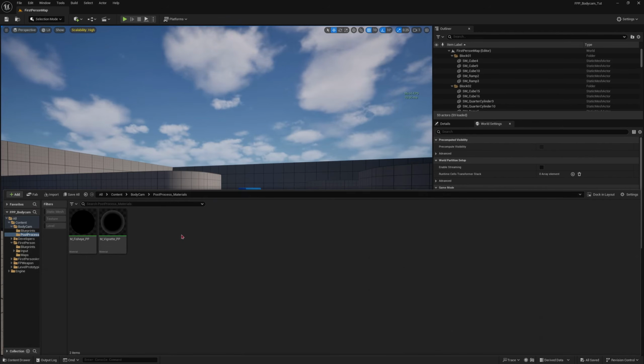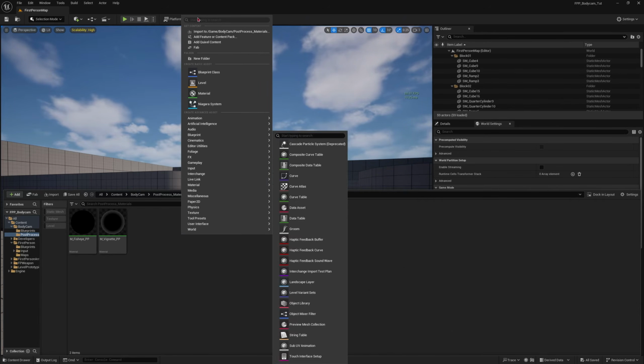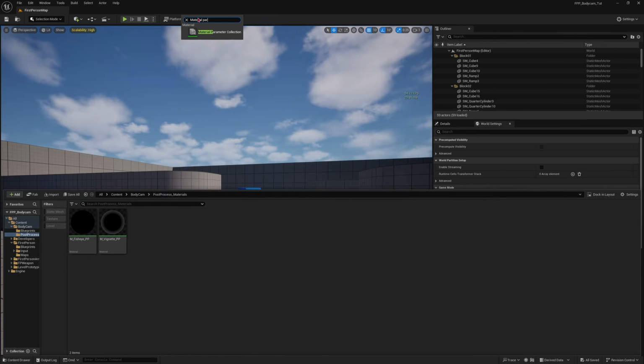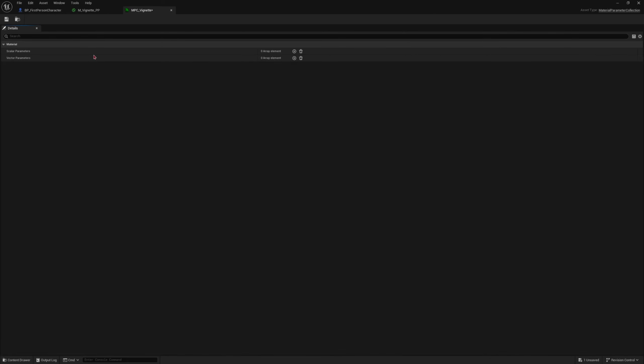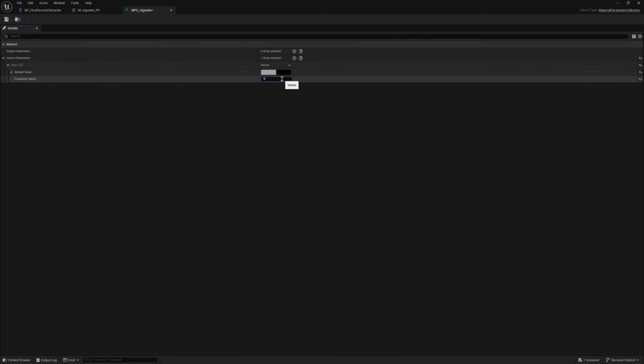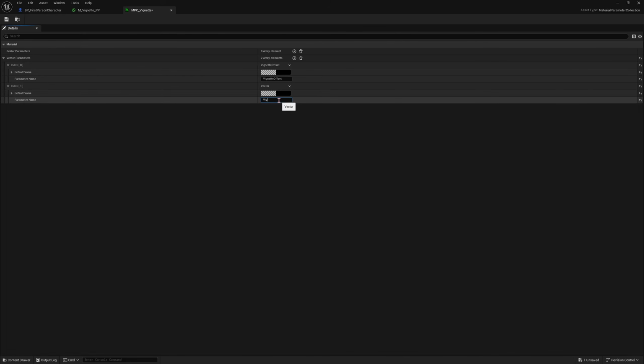So first we are going to create a material parameter collection. So just search over here, material parameter collection for vignette. Right, so let's open this up. Here we're going to add two vector parameters. One will be for our vignette offset and another one will be for vignette shake. Right, let's save this,